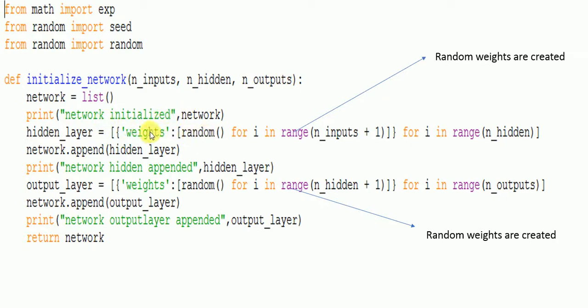Initially we calculate the weights for each layer. There are 2 layers, that is, the hidden layer and the output layer. So the hidden layer weights are calculated as random weights. This is the function that is used to calculate the random weights, and the inputs are 2, and 2 plus 1 is 3. There are 3 weights calculated for each node, that is, the neuron. So this is for the hidden layer, and for the output layer